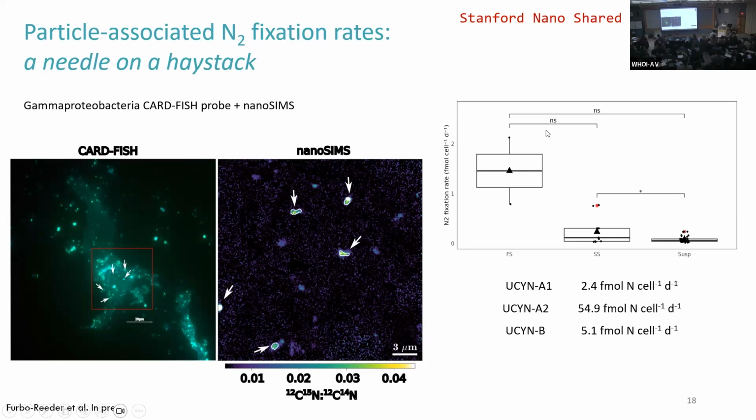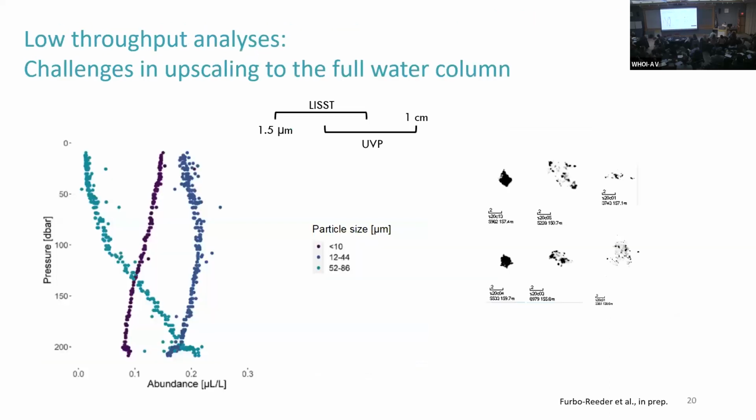On the right-hand side, this is a very fresh graph from last week. We pulled our stations together. We find that the higher nitrogen fixation rates occur in the fast sinking fraction, and the rates are somewhere between 1 and 2 femtomole nitrogen per cell and day. And just for reference, this is about the range of UCYN-A rates, which is a main unicellular cyanobacterial diazotroph in the ocean. So that means that NCDs could maybe, if they are abundant enough, actually be making a difference in how much nitrogen is coming into the ocean.